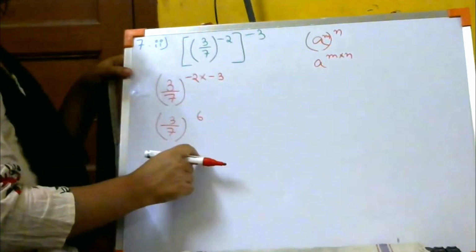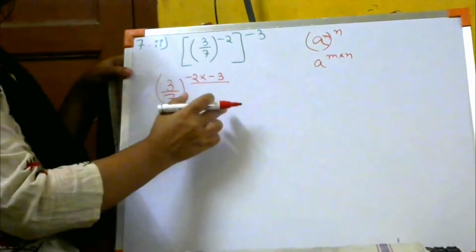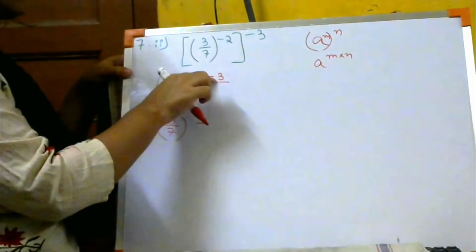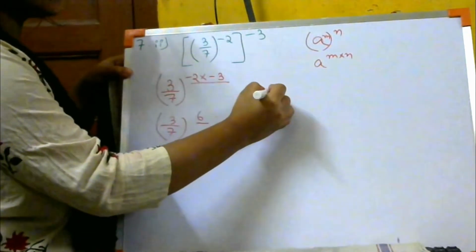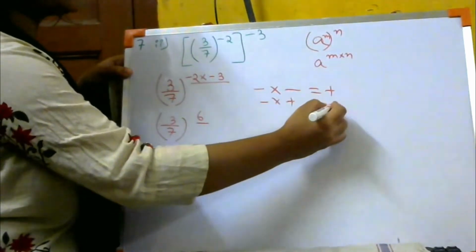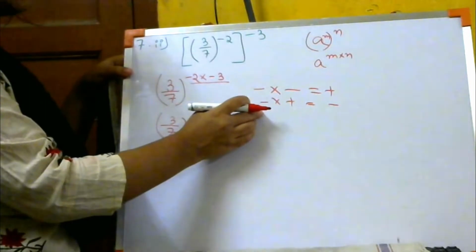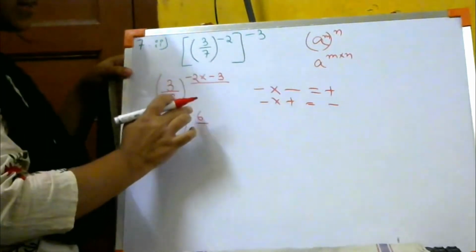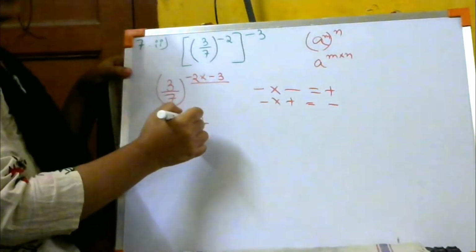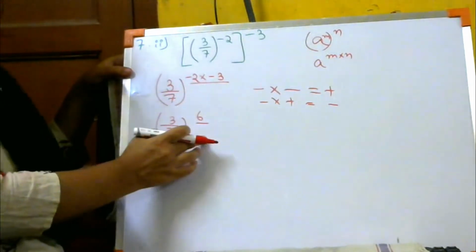But what is my question saying? Now from here it came to here. I guess you people understood what I did. I did the law of integers. 2 3s are 6. लेकिन यहाँ पे भी माइनस है, यहाँ पे भी माइनस है. इंटीजर में क्या कहा जाता है कि माइनस इंटू माइनस इक्वल्स टू प्लस. माइनस इंटू प्लस इज इक्वल्स टू माइनस. याद है ना इंटीजर्स में किया था क्लास 7 में. So same thing I am going to do over here. Minus into minus is plus. कोई साइन नहीं लिखा है मतलब it is plus. If you want you can write the plus sign, but it is of no use. No extra marks will be given to you for that. So (3/7)^6.